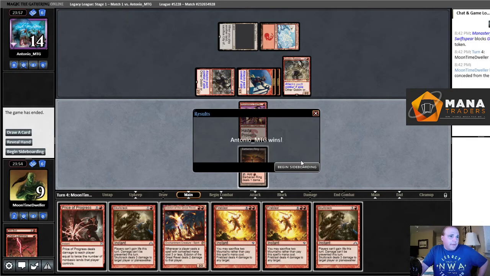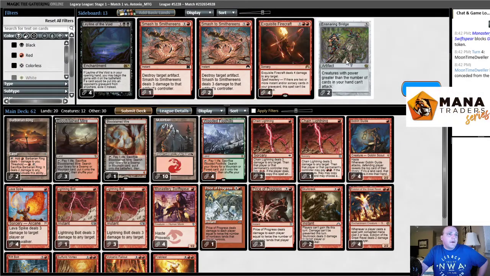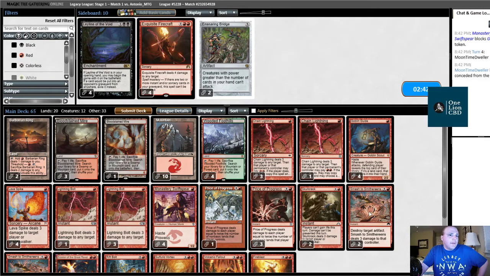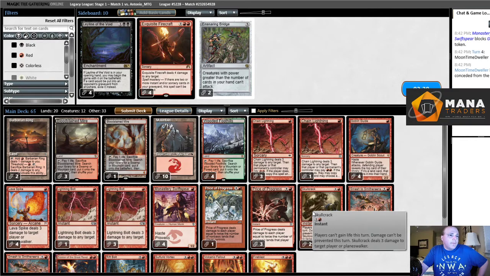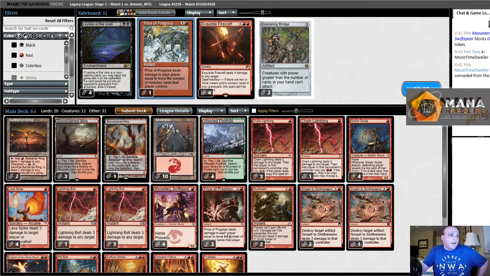But that's all, folks. Alright. So, bring out the Fallout. And, I mean, they're going to have Ensnaring Bridge. So I guess Smash is pretty good here. I can cut Skullcrack maybe, but they're going to have some non-basic, so maybe I can cut 1